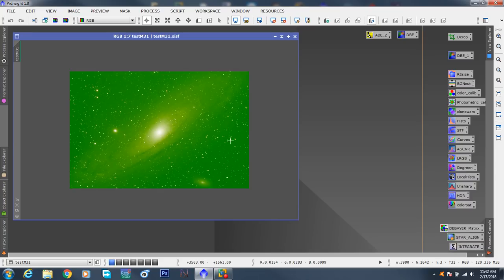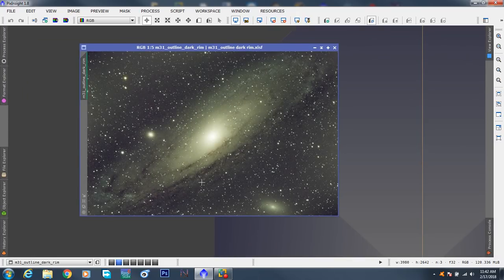So what some people do is they run the dynamic background first, and once they've completed that, if there's any residual glow, then they use the automatic background extractor just to lightly clean that up nicely. So ABE is fine, it works great, removes the cast, you end up with an image like this, and then from here you can start removing the noise by creating a mask. Or perhaps at this point you will probably need to